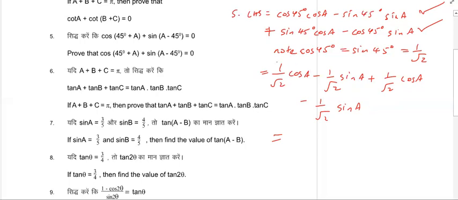What we are getting here is 1 over root 2 plus 1 over root 2, 2 over root 2 cos a minus 2 over root 2 sine a, which is equal to